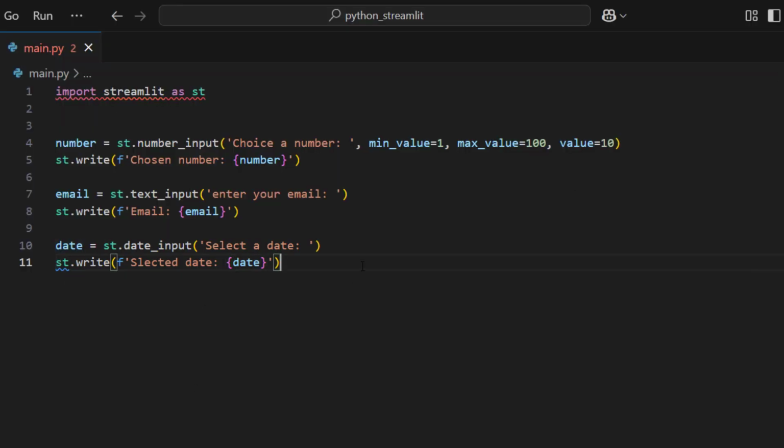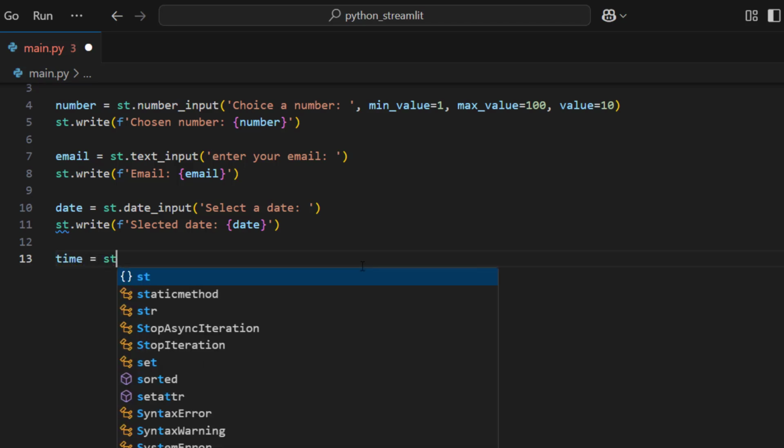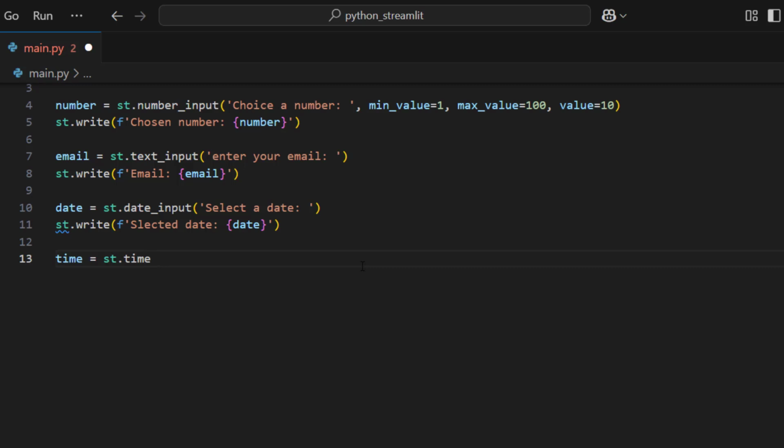Perfecto. Apart from that, we can also select time. In order to use the selected time, let me create a variable called time, equal to st.time_input, open and close, and let's say, choose a time.